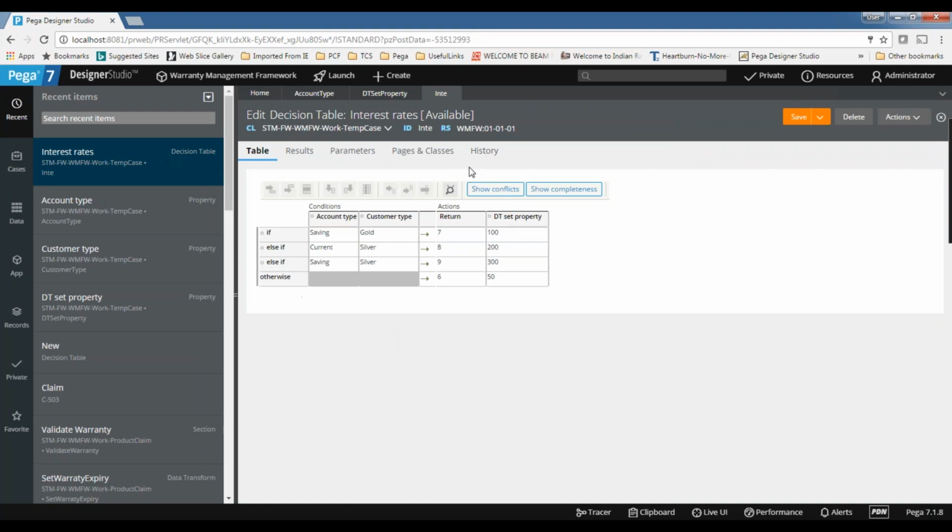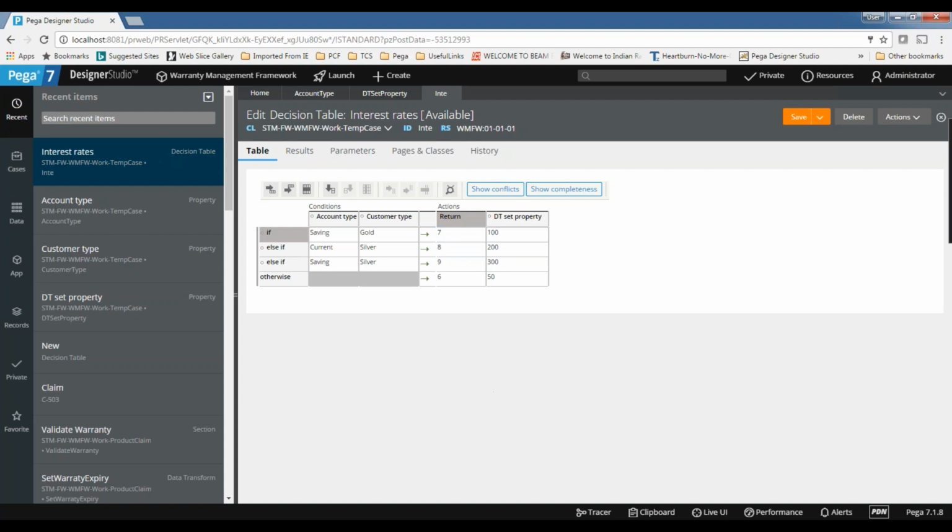So now you can call this in the flow, in the decision shape, and how many outputs are there, that many paths you can create. So here I have 7, 8, 9. In the 7 path, if you want to do some action, you can go there. If 8 path, if you want to go some other. So how many returns you have here, that many paths you can create in the decision shape. If you want to use this in the decision in the flow diagram. Otherwise, if you are using it for normal logic purpose, then directly call it in the activity and you can execute it.